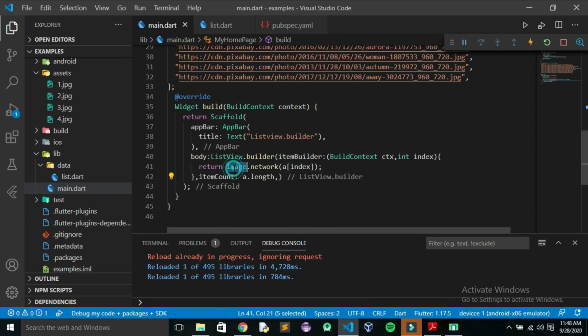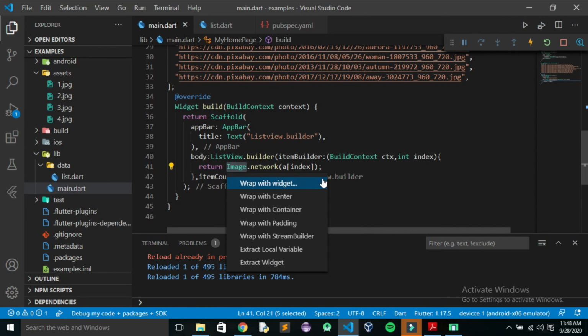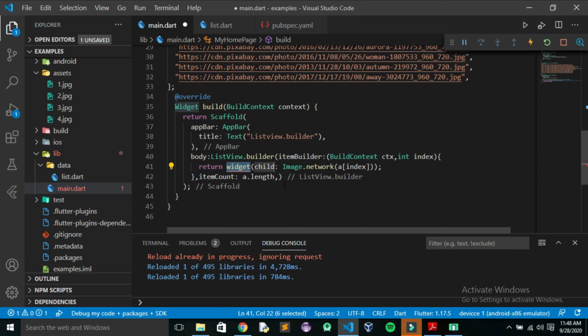So let me first wrap it in column, and then children, and put this within the index.